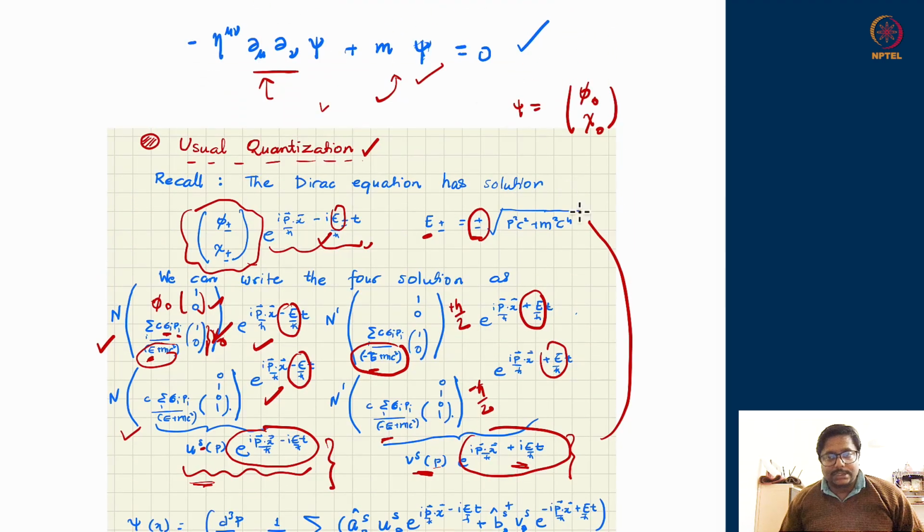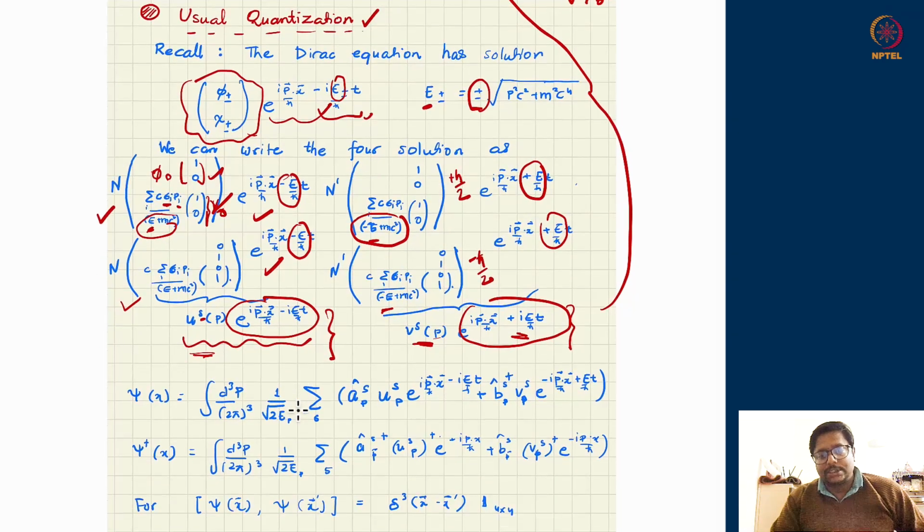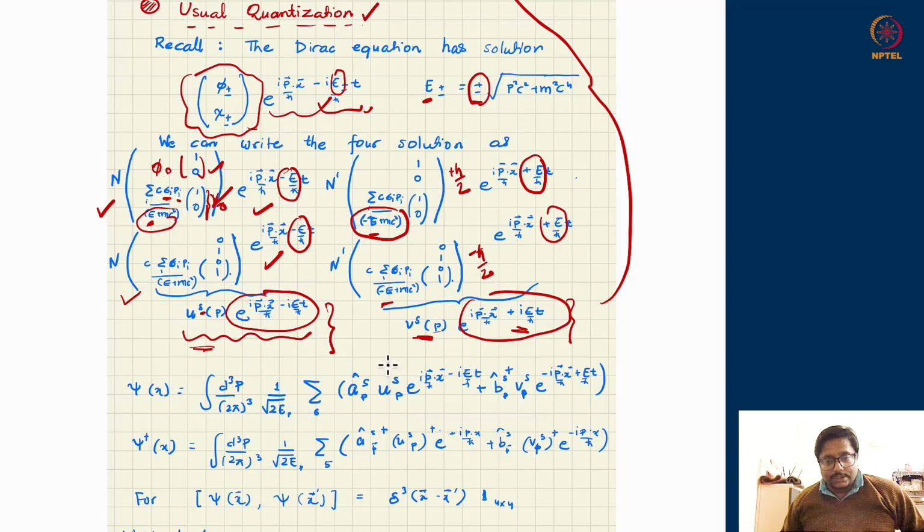The Klein-Gordon equation now has four solutions: positive frequency, positive spin solution; positive frequency, negative spin solution; negative frequency, negative spin solution; and negative frequency, positive spin solution. So all these four are your mode functions. These are the mode functions I'm going to write: positive frequency and negative frequency. And I'm going to associate operators just like harmonic oscillator mode functions.